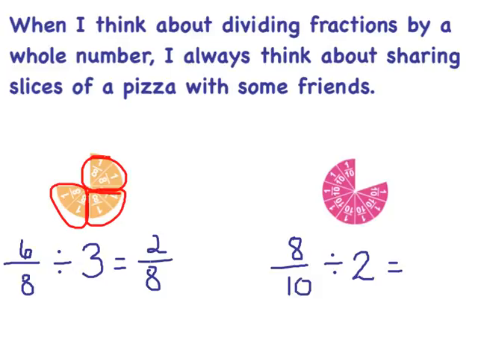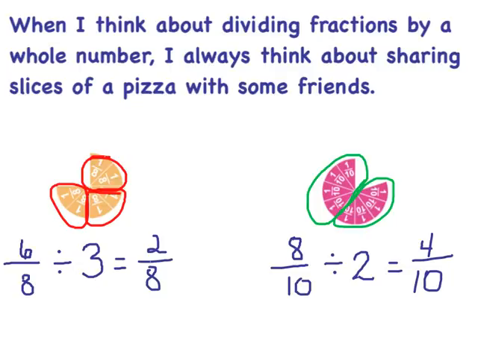So that means they would each get 4 slices, or they would each get 4/10. So it's real easy to see whenever I'm looking at my fraction circles or the slices of pizza,